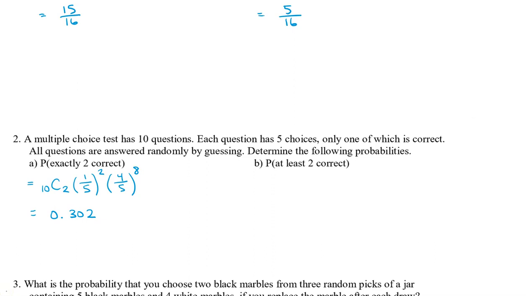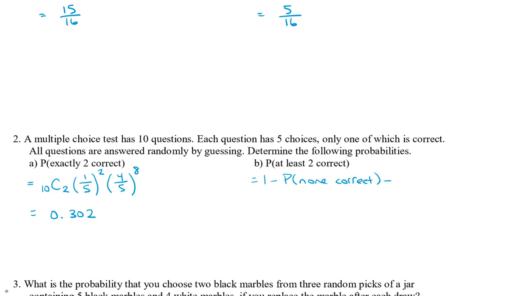Let's take a look at the second example. Here we are looking for the probability of at least 2 correct. So we want 2 correct, 3 correct, 4 correct, and so on, all the way to 10 correct. Now that will take us a long time to add up all of these individual probabilities. So a quicker way to do this is to say this is equal to 1 minus the probability of none correct,